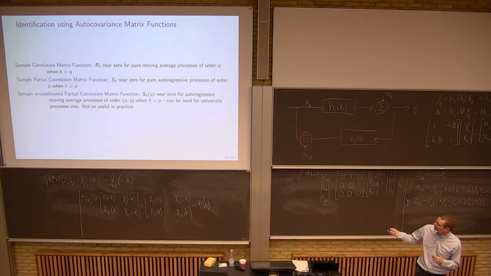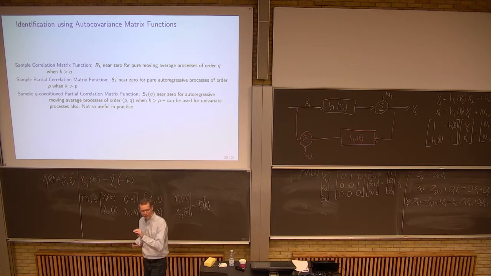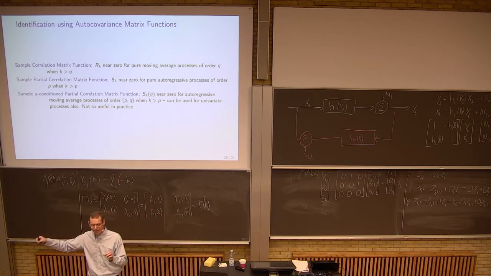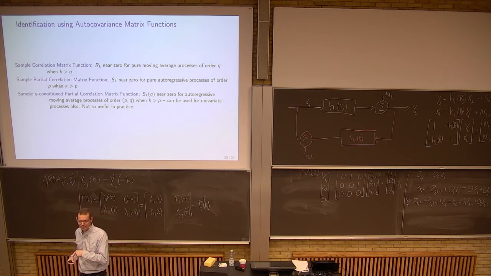This is about being near zero. We have the usual interpretation of the variance: if it is a white noise signal, then the variance of the autocorrelation to some given lag, or cross-correlation to some lag,